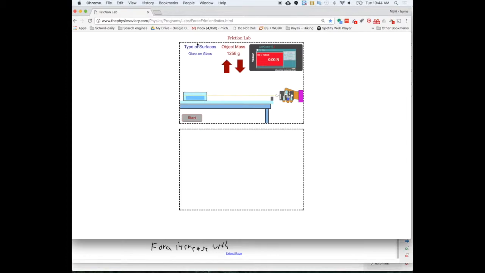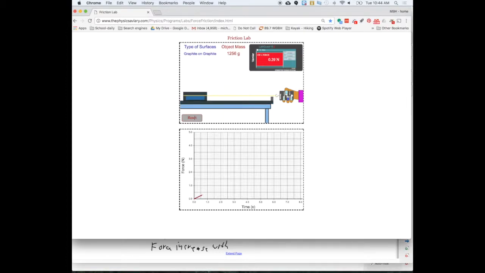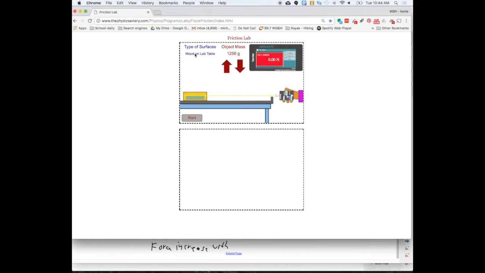Reset. And now we'll do a third surface, graphite on graphite. In this case, you'll notice that it's much lower. It's about 2.5, 2.25 newtons. So clearly, it's dependent upon the material. But we're going to spend more time, reset, we're going to spend more time